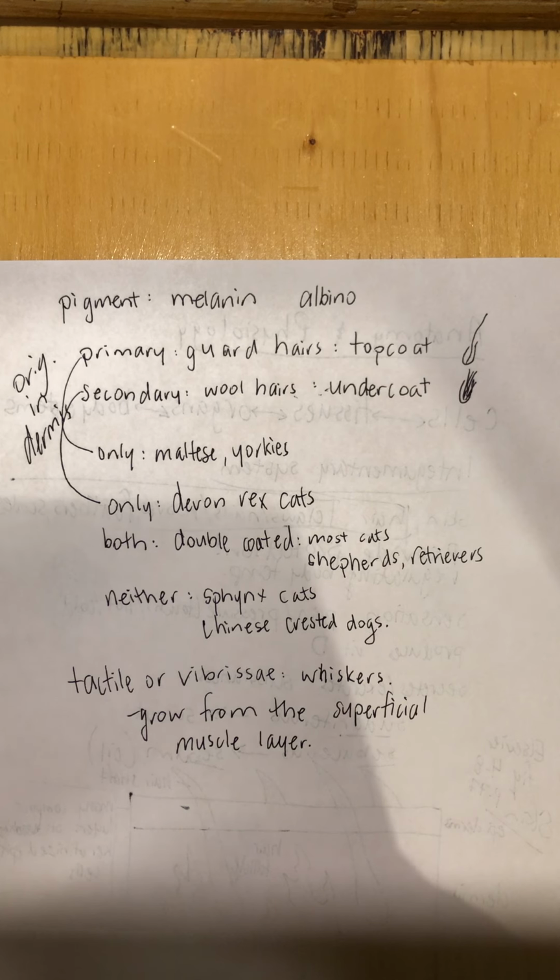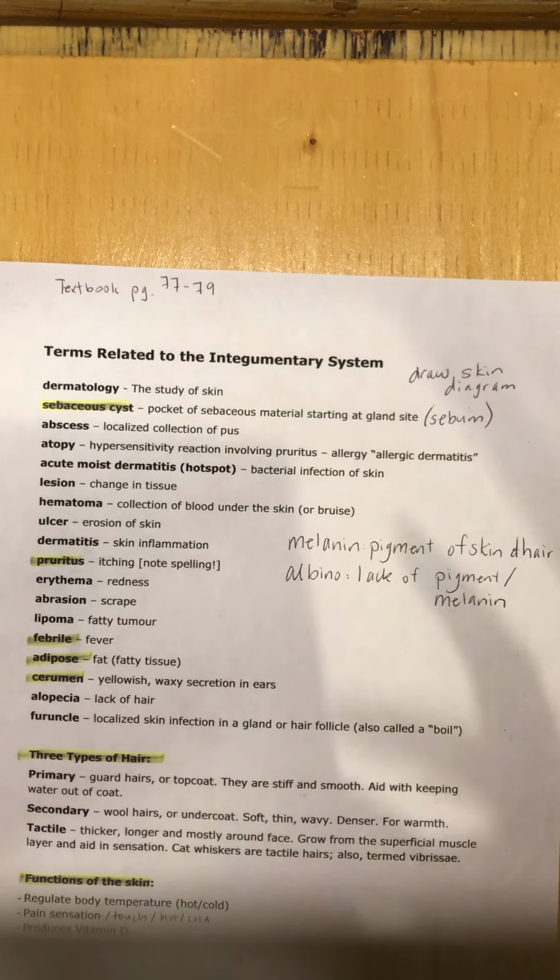So pus, I'm just looking here. No, I don't think we define pus in this section. But pus is basically a mix of bacteria, debris, and tons of white blood cells. White blood cells are responsible for fighting infections, and they just flood the area. So we end up seeing, actually I should be showing you guys this sheet, I guess. We end up seeing